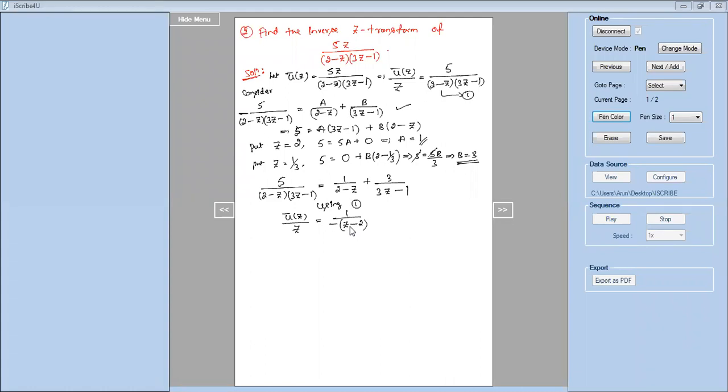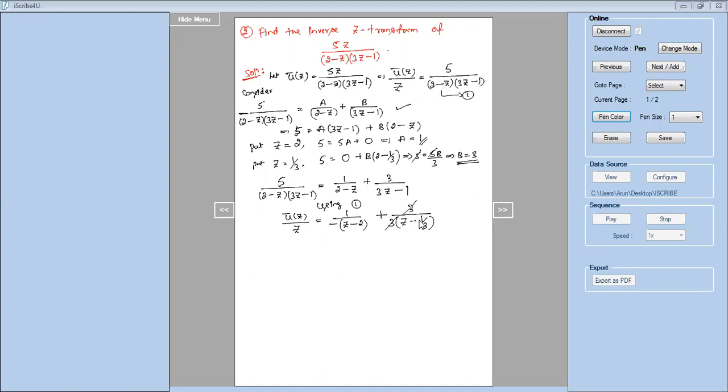Plus, it is 3 by, now here the denominator. So it is 3Z minus 1. But remember guys, in every formula of inverse Z transformation, the coefficient of Z is always 1. But here the coefficient is 3. So let us take the 3 outside. Right? So the coefficient of Z should always be 1. But since we have 3 here, I'm taking it outside. So it becomes Z minus 1 by 3. So whenever you have a problem like this, rewrite it. Always I want it like this, Z minus K, so that this 3 gets cancelled here.